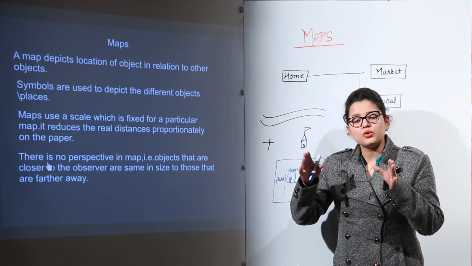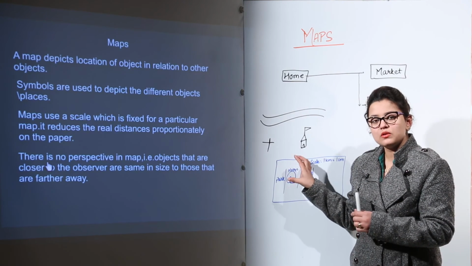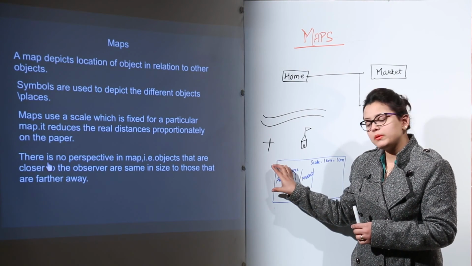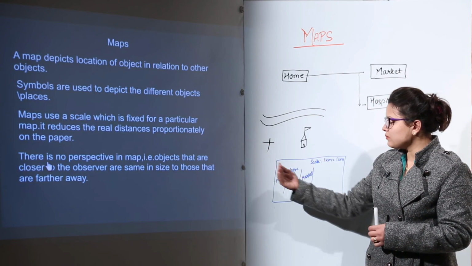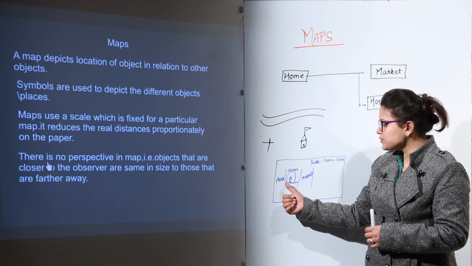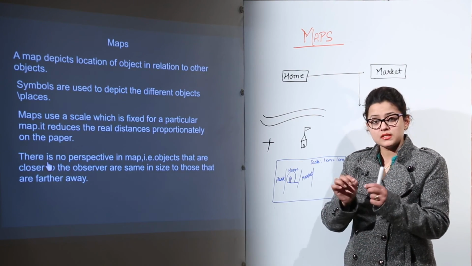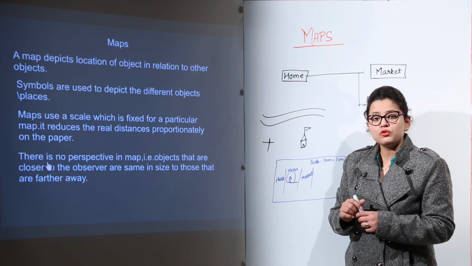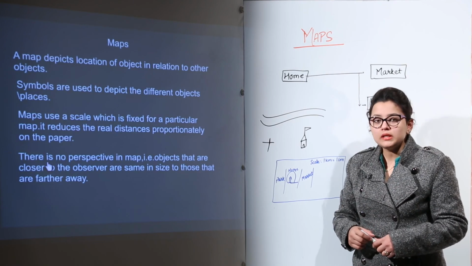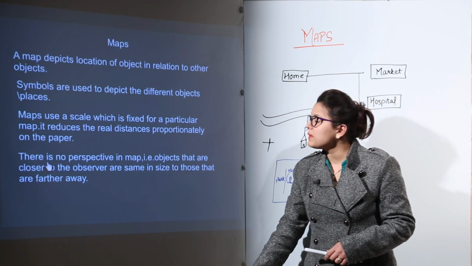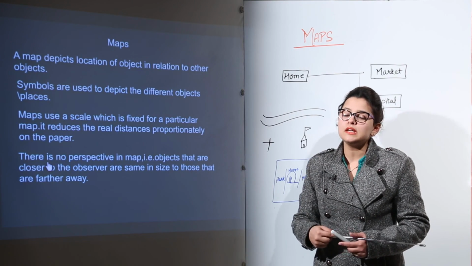The places are going to be placed exactly in their original positions on the map. If the person enters from that side, the person would be able to see the home behind the park. So that doesn't mean that if that person sits down and makes the map, he would make a park first and a home behind that. That is not to be done, right? So this is how maps are made, and they come useful and handy to us in day-to-day lives.